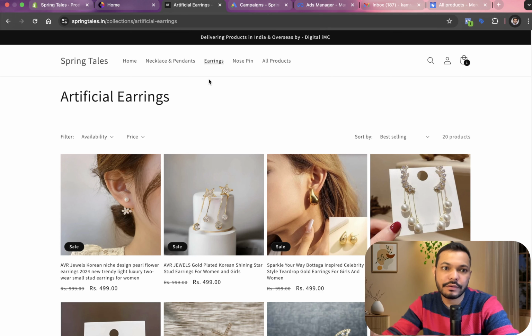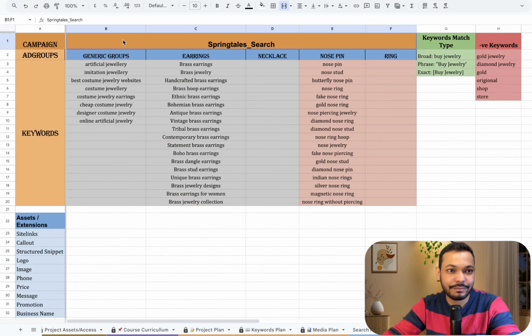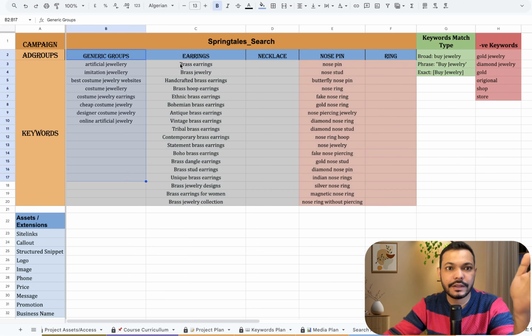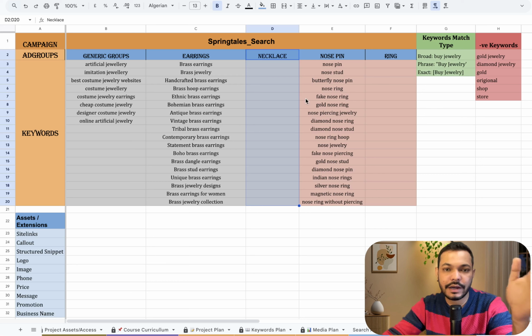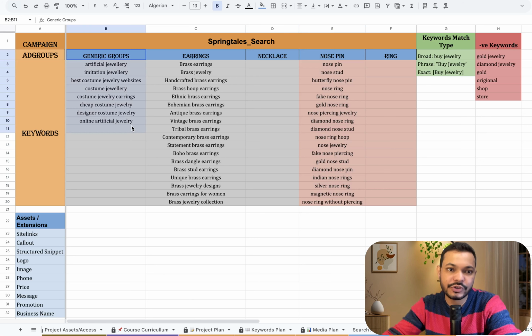So now here we have to start with a search campaign having multiple groups. I have already made this document ready to save your and my time. So you can just look at this search campaign. Here we are going to have a search campaign by the name of springtails_search. This campaign is going to be divided into different groups. So we can have a group for generic keywords, then a group for earring keywords, a group for necklace keywords, and lastly, a group for nose pin keywords. But right now, I'm only going to launch this campaign with one single group, which is going to be a